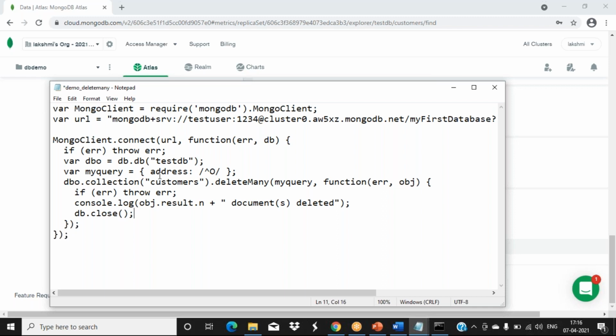Okay, so this is the regular expression. Address equal to O, we have given that query. The delete many option is being used, so not a single one. Wherever the search value is matched, we have to delete everything. So you see the output.